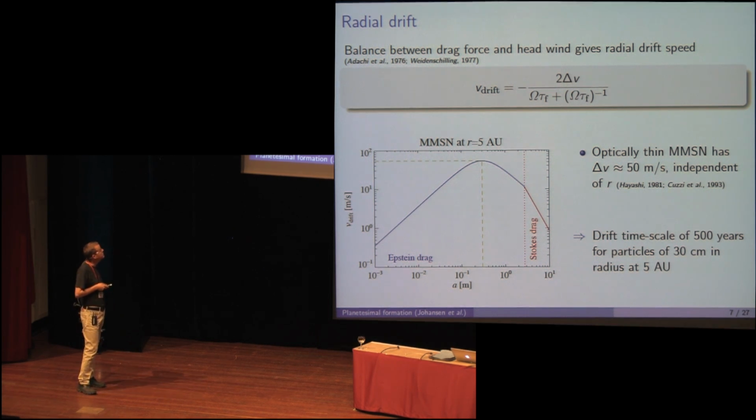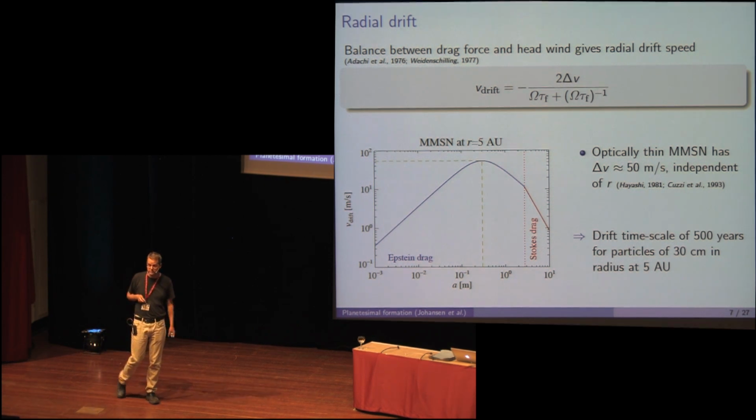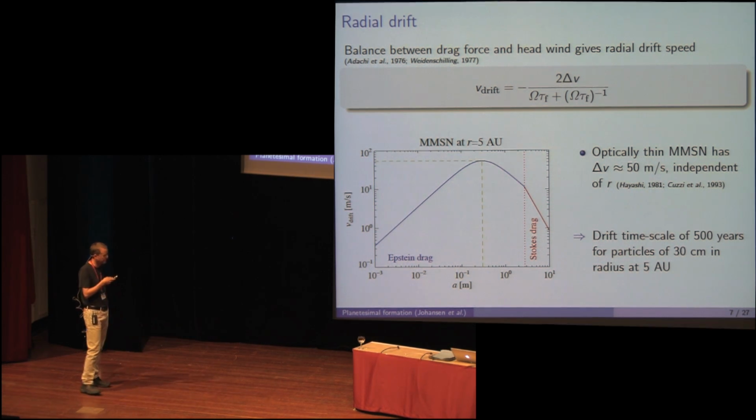drift. It simply is caused by the fact that the gas in the protoplanetary disk is slightly pressure supported in the radial direction, and makes the gas orbit slower than Keplerian by an amount of approximately 50 meters per second, relatively independent of R in the Hayashi nebula. And the particles then face a headwind from the slower moving gas, and they drift towards the star following this